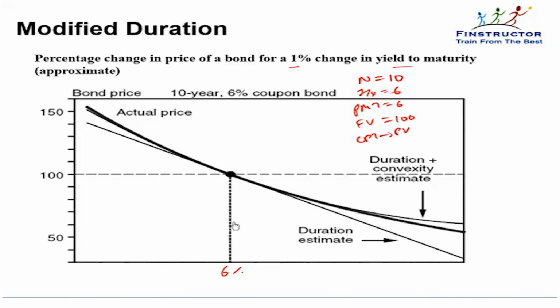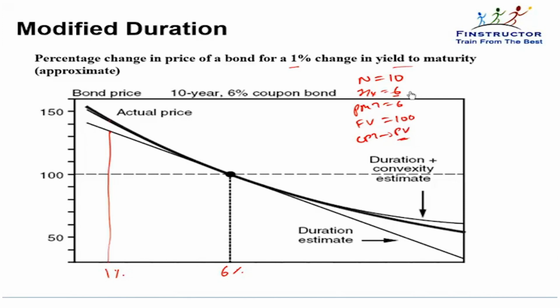Now let's assume that the yields fell by 5%, that is, to a 1% yield. So something grave happened in the economy and suddenly the yields fell from 6% to 1%. The new price of the bond can be calculated by replacing 6 by 1 in the I/Y calculation and then computing PV again. This will give us the new price of the bond.